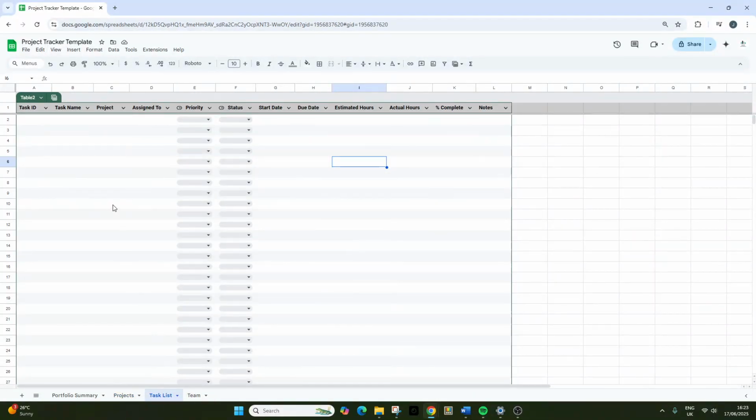We've then got task list. Now, this just enables you to track the tasks on a more granular level. Again, task ID, task name, the project it's related to. You could set up some drop downs here. Who's the task assigned to? What's the priority of that task? What's the status? So again, just the typical kind of drop downs here. Start date, due date, estimated hours of that task, the actual hours, percentage complete, and notes, somewhere to add some